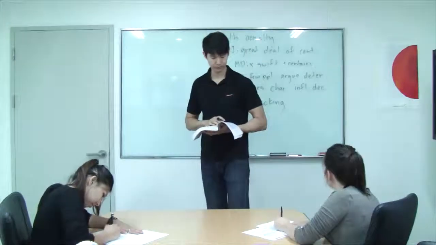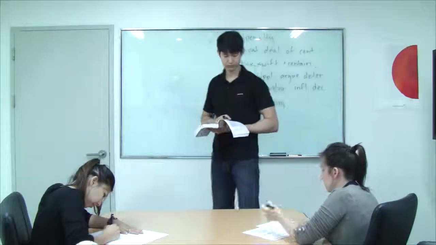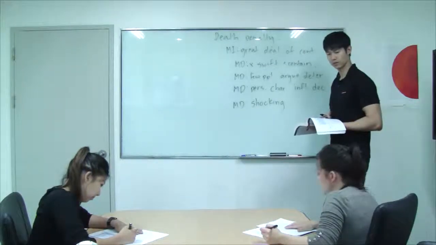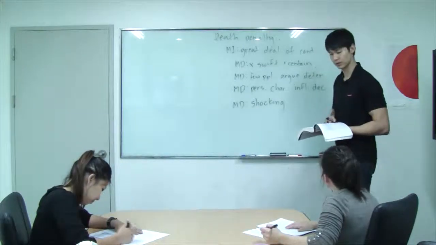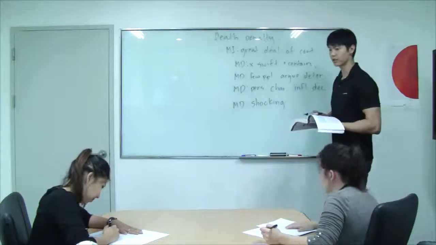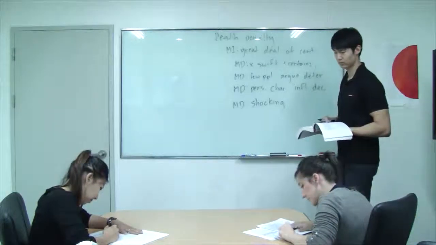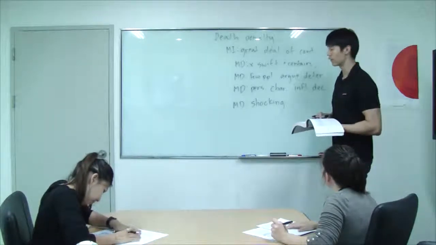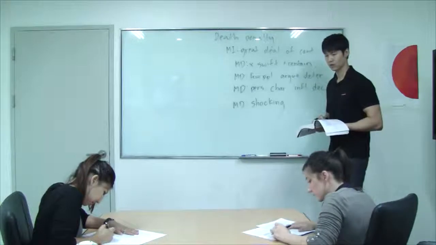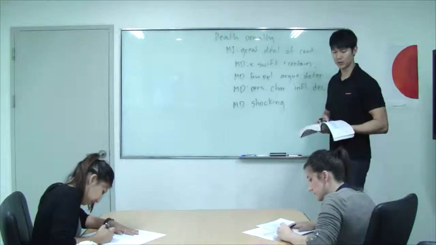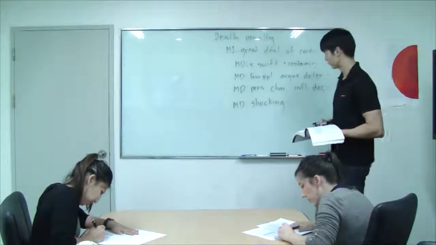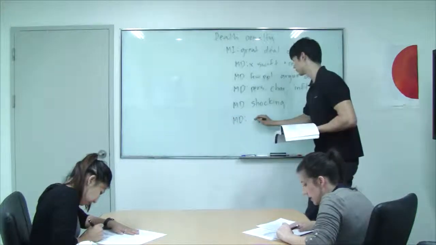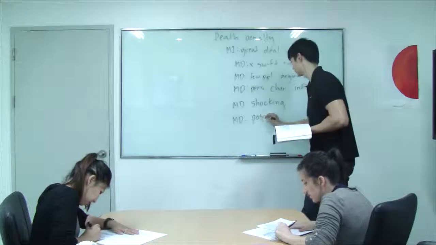And what transition did we see to confirm this? Megan? Also. Good. And what type of transition is that? Listing or addition. Good. Let's go ahead and circle that transition. Okay. And let's go on to our last major detail. What is our fifth major detail? Megan? Perhaps most distressful of all aspects of the death penalty is the possibility that an innocent party may be